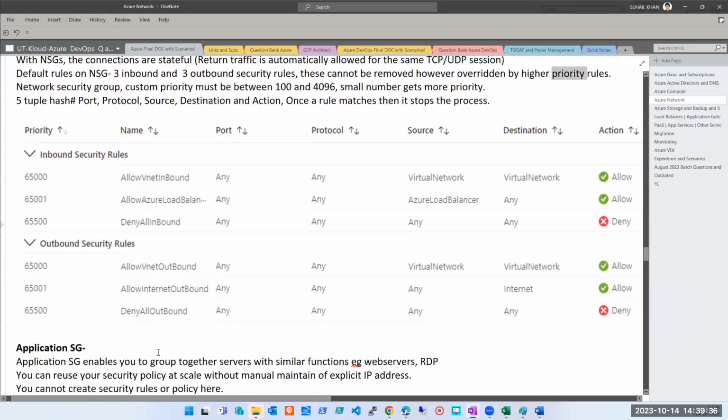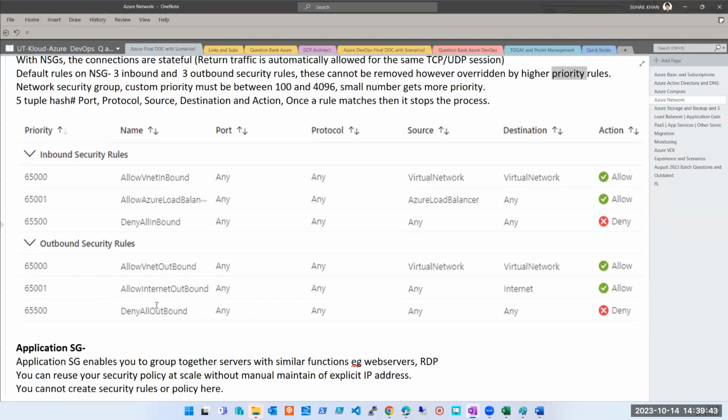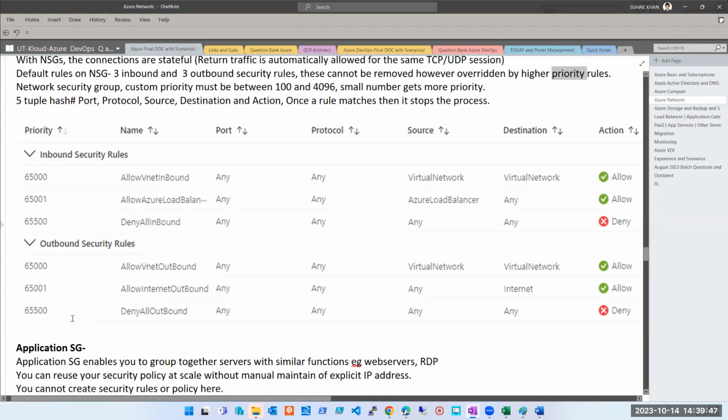So let's say I denied the internet for a few days, and after a few days, I think that no, I want to allow the internet. So there are two methods. One, I create one more rule similar to this. I mean, that doesn't make any sense, but just giving you an example. Exactly a rule like this, but that time I will have a smaller number. Let's say the deny rule had 4096. So I will have priority number 4086, and my internet will be allowed again.